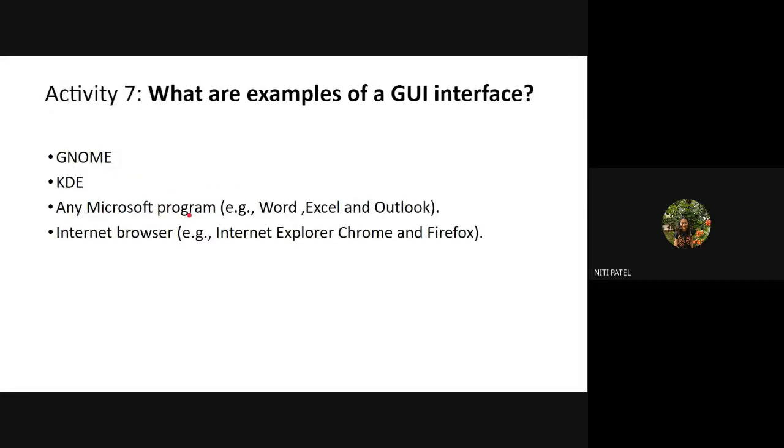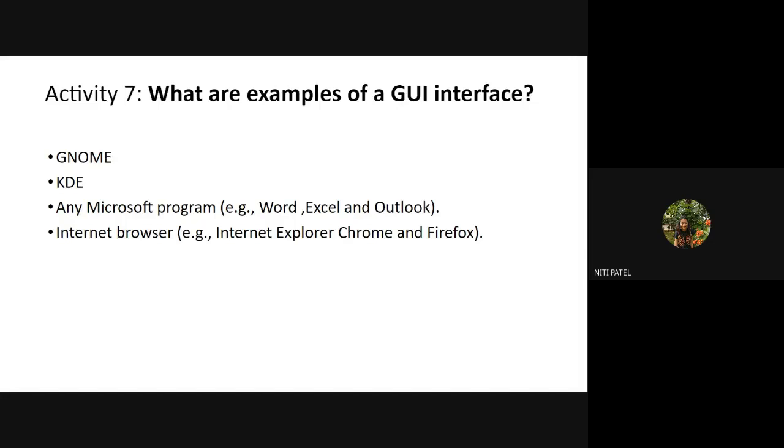Okay. Now, what are the examples of the GUI interface for Linux? GNOME is one example. KDE is one example. So inside GUI also, there are many versions of the interface. Now, what is a version of an interface? It is nothing but the placement of the components or the placement of icons and buttons. If you see Linux and Windows, in Linux, you will find shutdown, date and time on the top right hand side. Whereas in Windows, you will find it in the bottom right hand side. So that is how the interface is different.